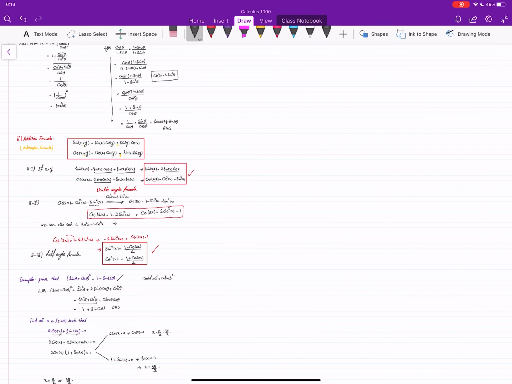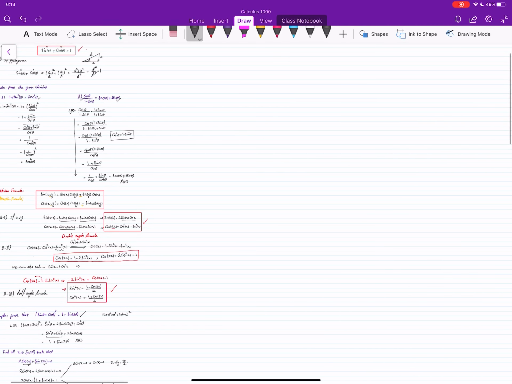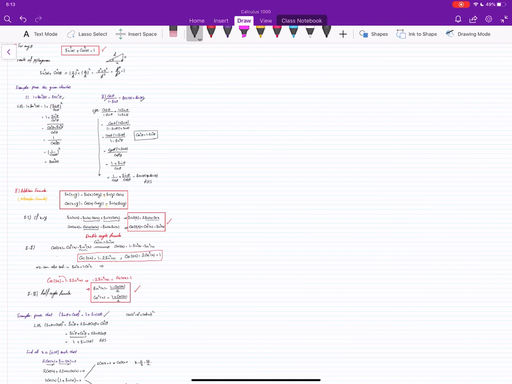The summary is that you have to know the basic identities and how to use those ones, and argue and prove more identities and more identities. Keep in mind the basic identity that we had here, the double angle and half angle, because these are the main ones that we will